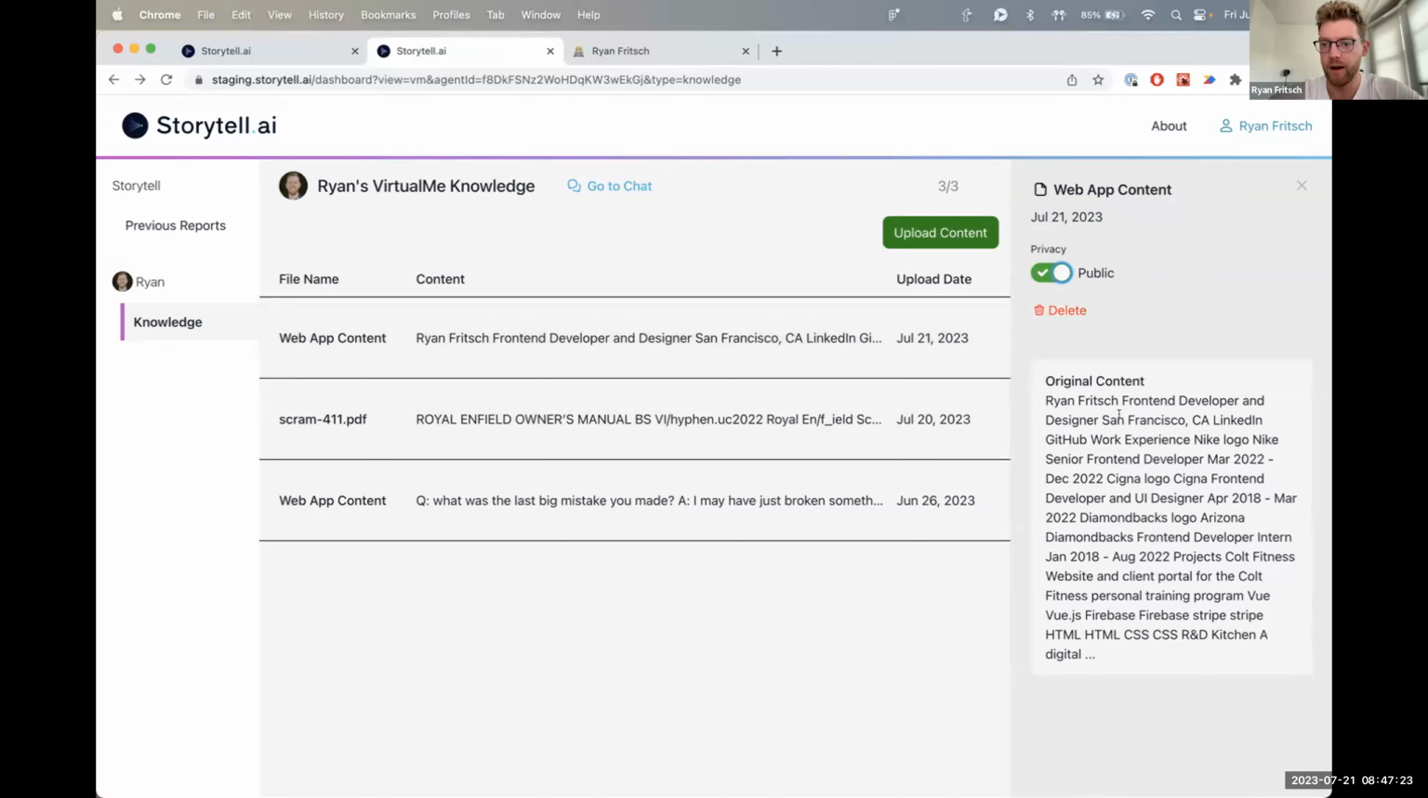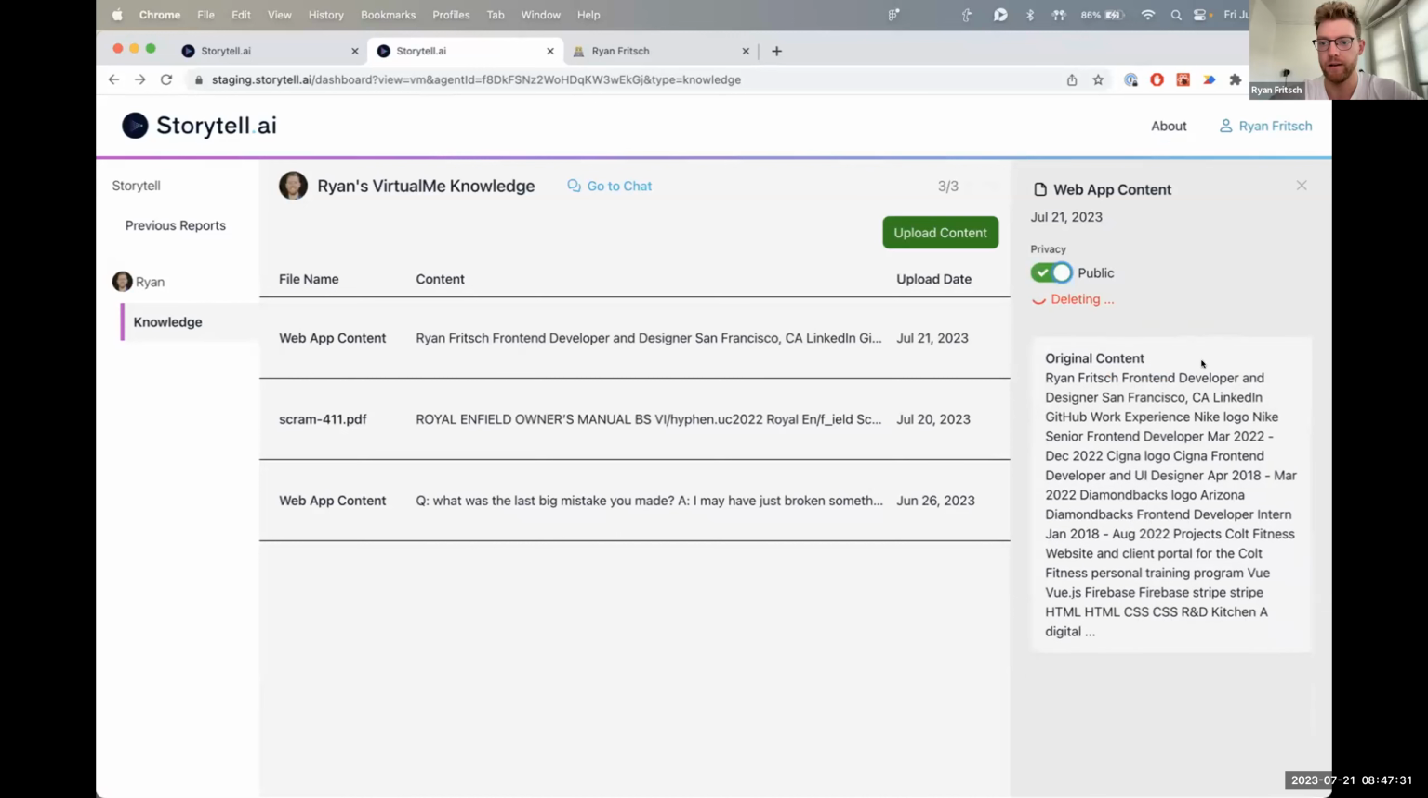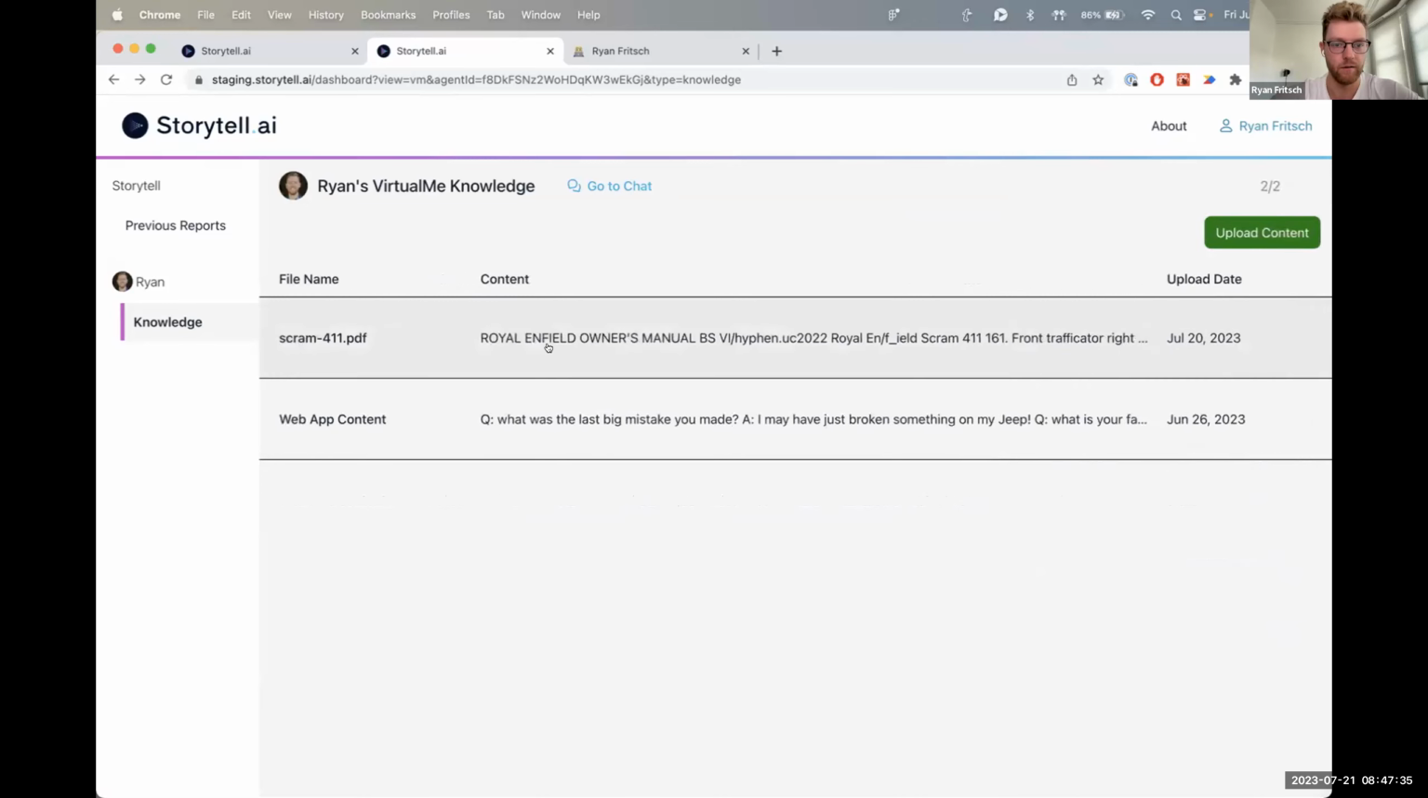And then if I uploaded something incorrectly or whatever, kind of like Taha showed earlier, I could just delete this and it'll do the same process. Click delete, it'll delete it. And then it should disappear from the table of